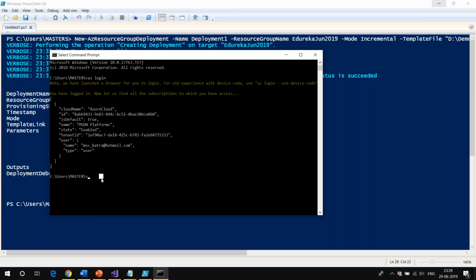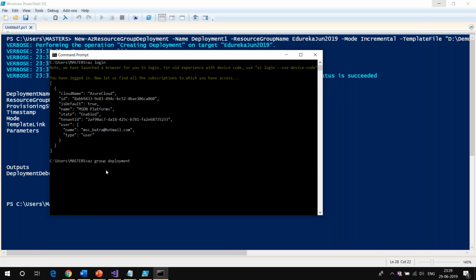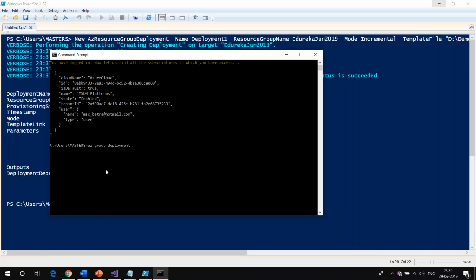In the same way, I can run a command here called, for example, az group deployment. Now I'm going to share this command with you. This is the command to run my ARM template: az group deployment create. Then I'm going to specify the resource group. So this is like a bash command you are running. I can say edureka June 2019.